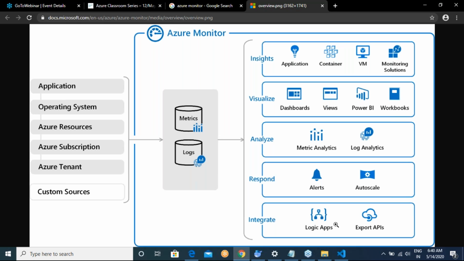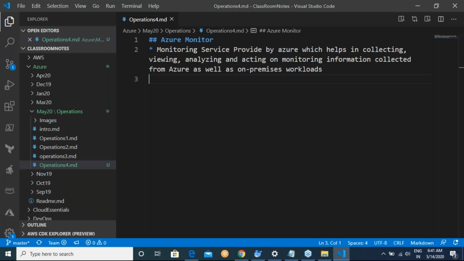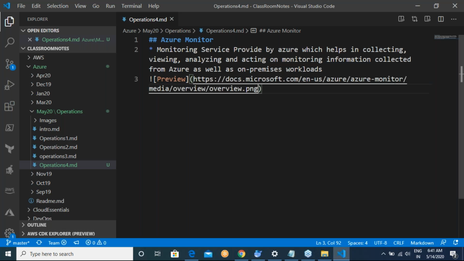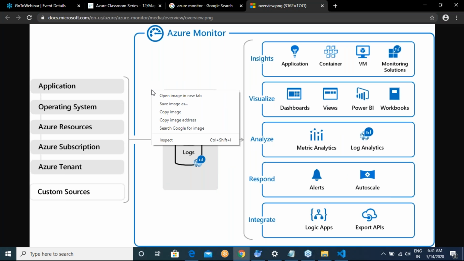Let me give this image as reference; we cannot separate this one out. Now I'll copy this image.